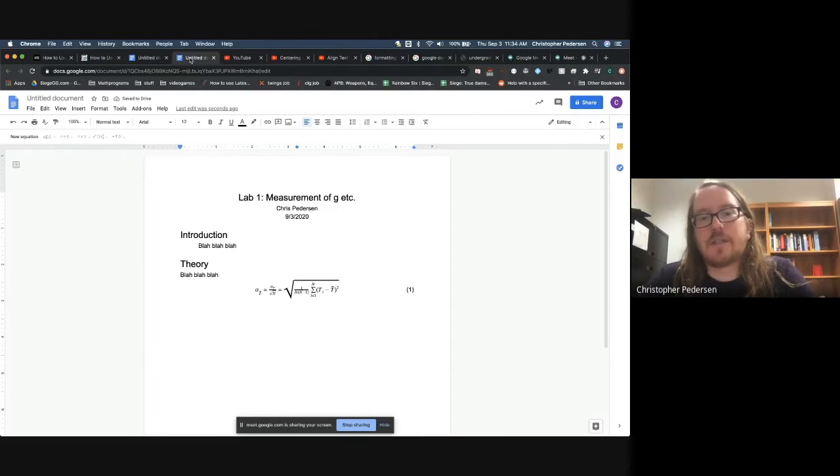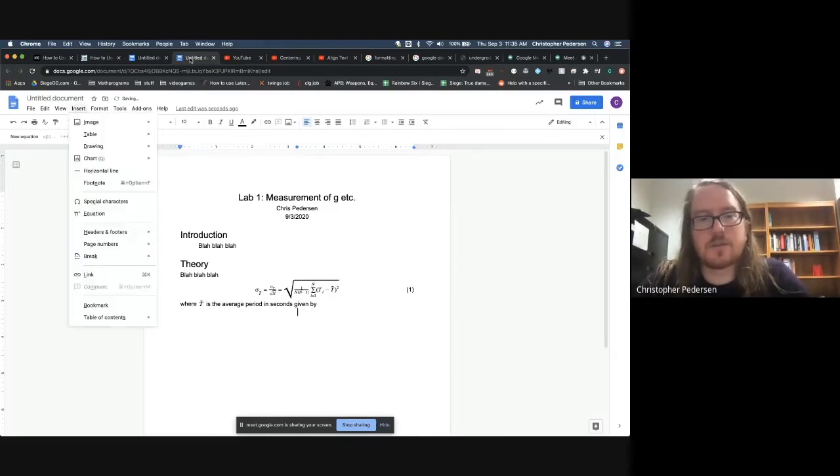And then we might say where... you can also do equations in line. I don't want that capitalized. So I can insert equation here because I want to explain what t bar is. So I need to put a t bar here. So bar t is the average period in seconds given by, and then I can insert another equation,